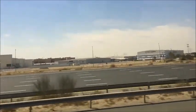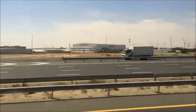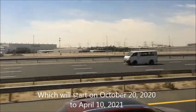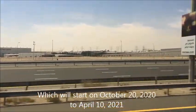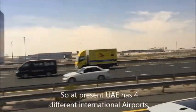They have the exhibition where they have billions of people visiting in a year, which will start in October 2020 to April 24th, near the airport of Dubai. So